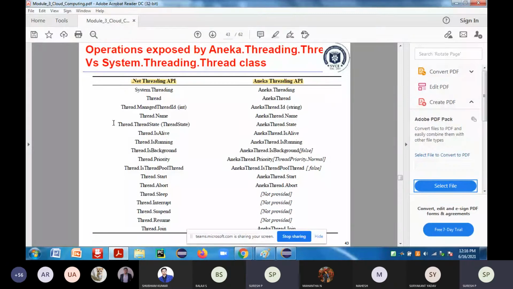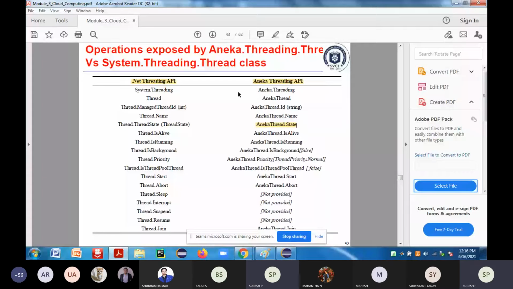Thread.ThreadState tells you in which state that particular thread is. It gives back at what state the thread is running, that is in your Aneka thread state. Next, I have to check whether that particular thread is working fine or not.